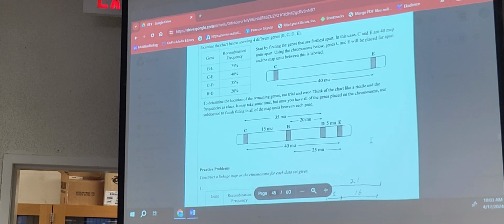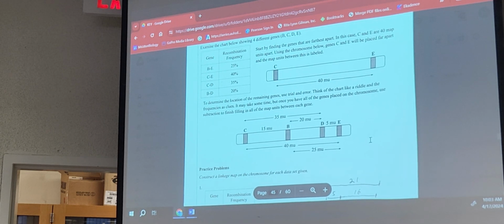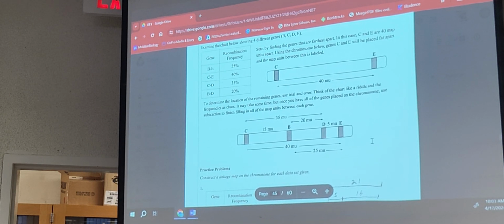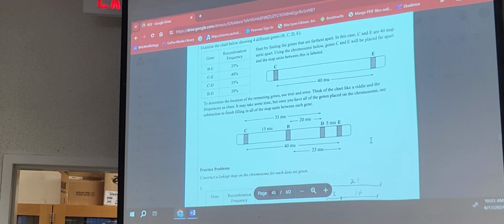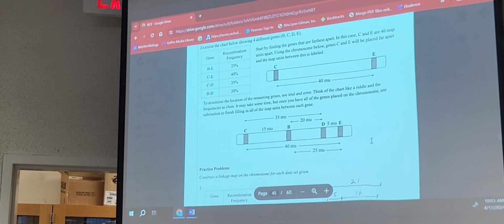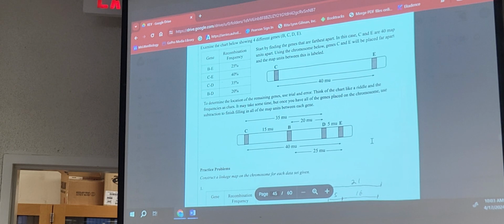So when I put this 25 in, that's what goofed you up? Are you good with this? C and E are the furthest apart of any letters on there because they have the highest number. Cool? Next to that,